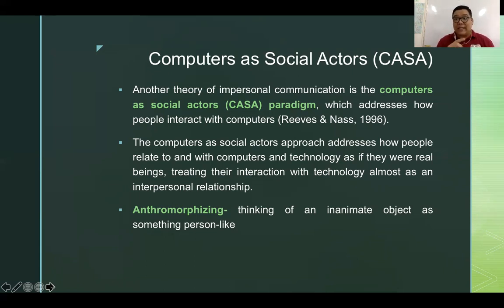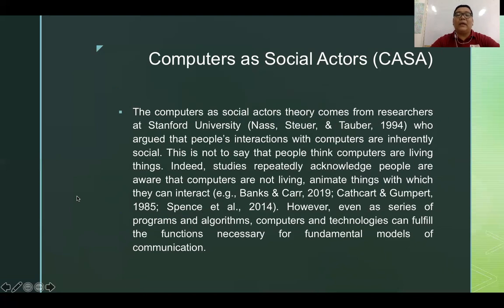paradigm, emphasizing that humans treat computers like humans too, as if they're conversing with actual individuals, as if they're transacting with a person behind the camera or behind the video or behind the audio, as if they're really having this interpersonal relationship with the computer. Here, our understanding of how computers function as social actors will be deepened by looking at different types of CASA, or computers as social actors.